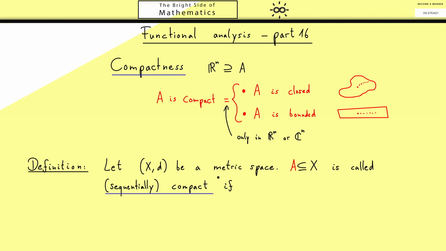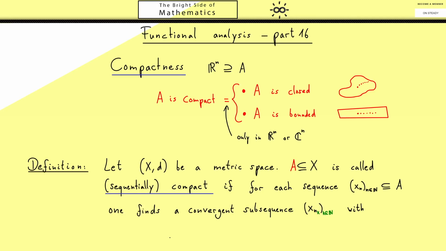However, please keep in mind, when you're not working in metric spaces but in general topological spaces, you have two terms that are not equivalent. For us it's not a problem here, we call A compact if for each sequence in A, we find a convergent subsequence where the limit x tilde still lies in the set A. So you see there's a lot going on here. You start with a sequence, then you omit some members, which means that you get a subsequence which is also convergent where the limit still lies in A.